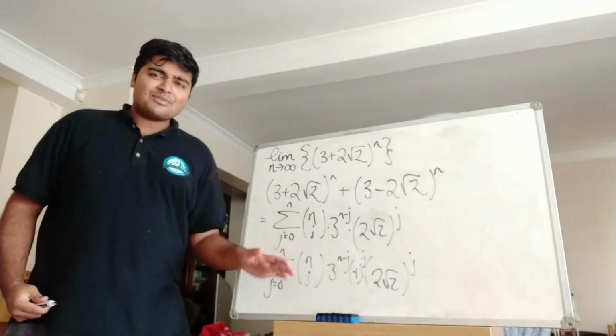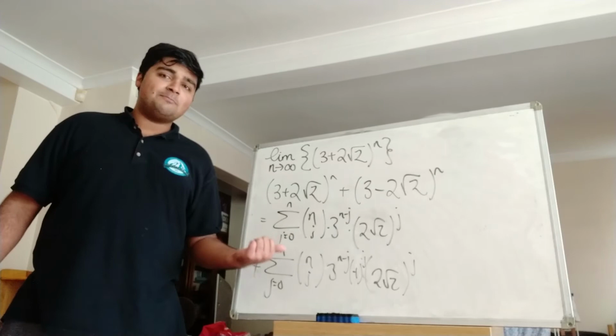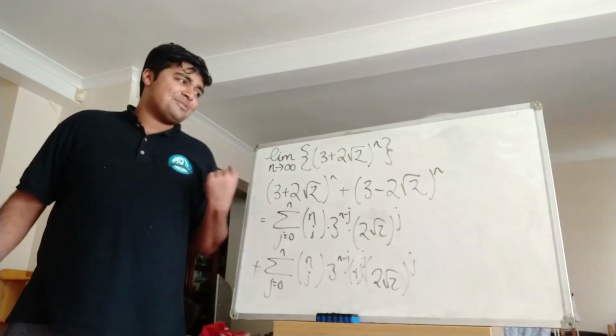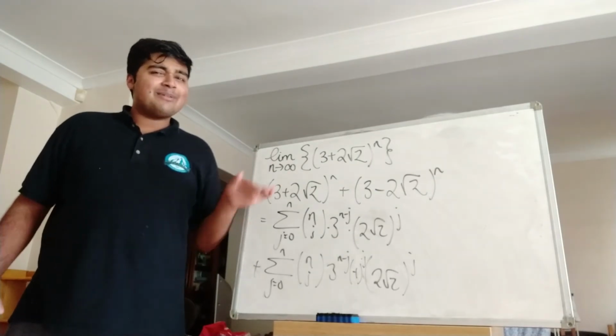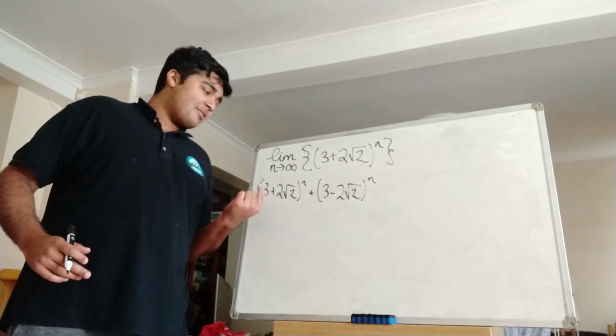So go through the details yourself if that hasn't convinced you, but hopefully you can see that this expression here will always be an integer, and hence this guy here is always an integer. Now perhaps you can guess what my next step is going to be, but let me clear up the whiteboard and I'll continue. Okay, so we've just shown that this expression here, (3 + 2√2)^n